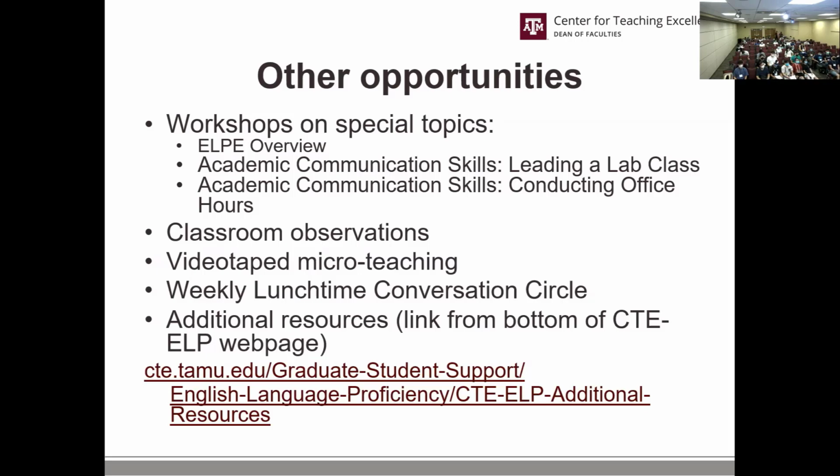That takes you to our landing page. If you scroll to the bottom of that, you will see about 5 links toward the bottom. And the top link in that collection is called Additional Resources. We need to update it because many things closed during the pandemic, but it lists there opportunities on campus. They would probably not be appropriate for family members, but the second section is opportunities off campus in the Bryan College Station community.